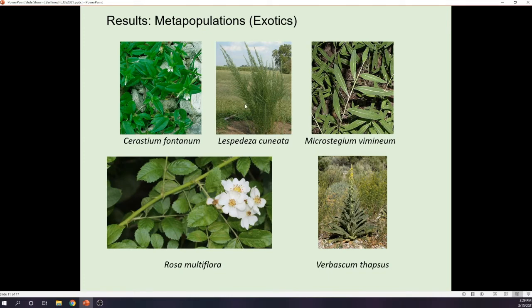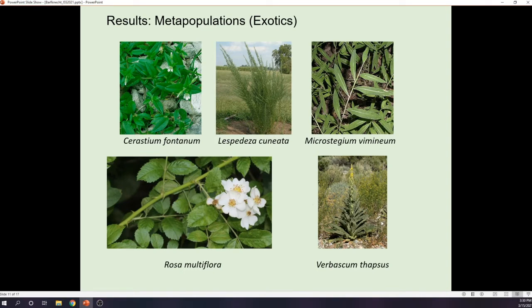So these two in general are very, very difficult to deal with in open systems. Rosa multiflora is more famously known as, again, multiflora rose, and this is actually something that I've seen more common in forested systems or along the edge of forest systems. But one way to distinguish it from a native variety is that right here it has this very frilly stipular area. These stipules would be more entire if it was a native rose. So this is a great way to tell this invasive from native plants.